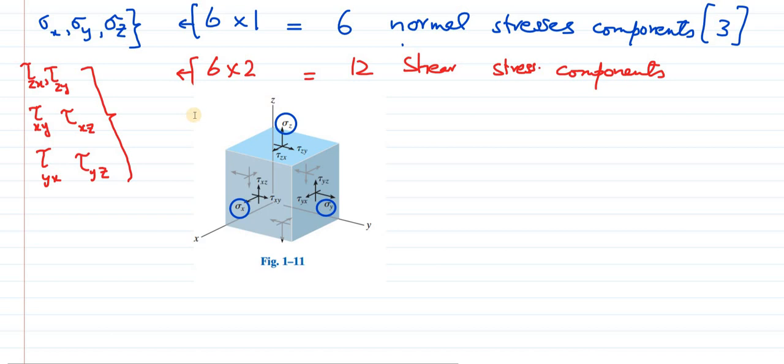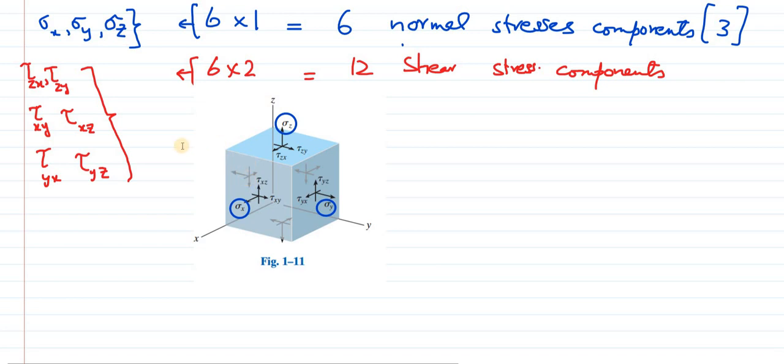Now we are talking about shear stresses. We said that there are 12 shear stress components in total, because we have 2 shear stress components on each face, and there are 6 faces. But fortunately, we need to know only 6 of them because the rest of the 6 will be established by equilibrium. For example, if this is tau yz acting over here in upward direction, then we must have this stress exactly equal to tau yz, of course acting in the opposite direction. So we only need to know this one, and the rest will be established by equilibrium.